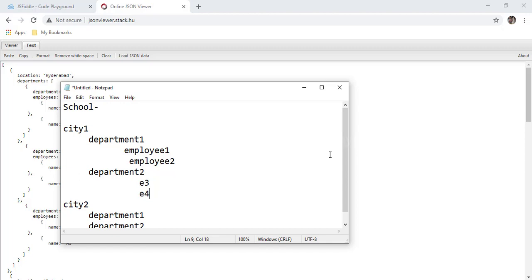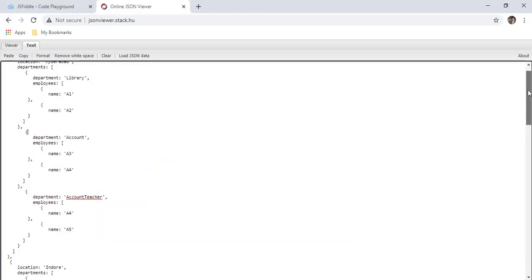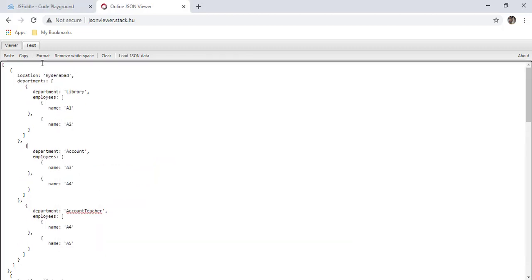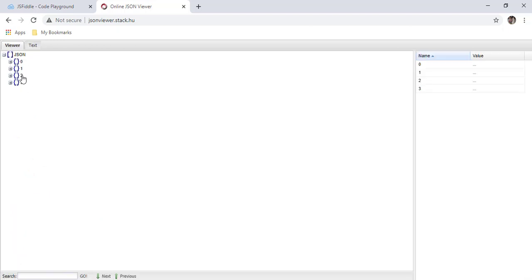I want a list of all the employees across the cities. All the school employees I want to populate in one drop down. So I suppose if I'm getting output similar to this, let me format and show you. So this is multiple cities